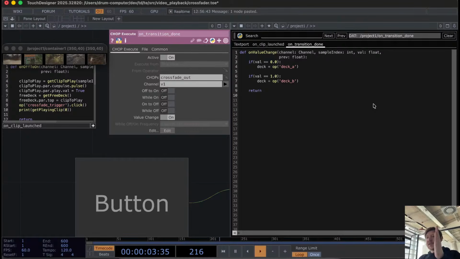So, if value is equal 0, it means we went all the way to deck A. It means that we are safe to turn off deck B now, right? So we would say deck, yeah, that would be deck B. We'll say deck par top eval the clip equals, and then we'll say clip par play val equals false. And then here,